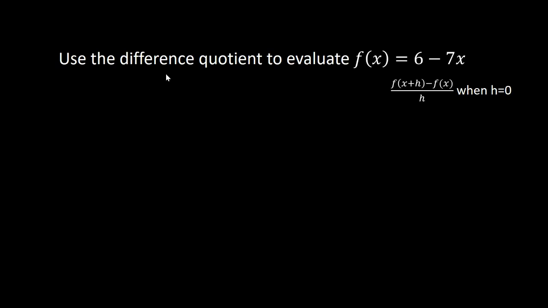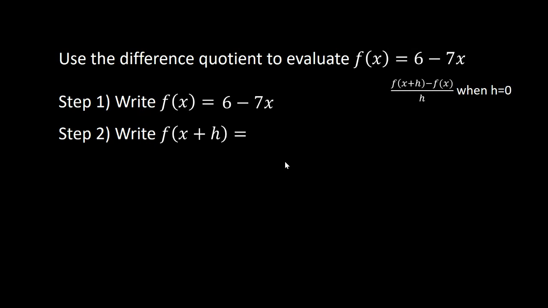So here's the difference quotient. We're going to use it to evaluate f of x equaling 6 minus 7x. I slid in here the difference quotient so we can see that. Let's go to step 1 by identifying our f of x. Again, we always have that, so let's toss that in. Step 2 is to find f of x plus h. Again, we just want to take this information and throw it everywhere we see an x, which is going to give us